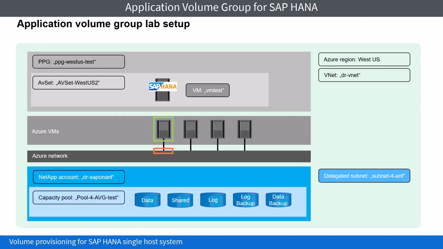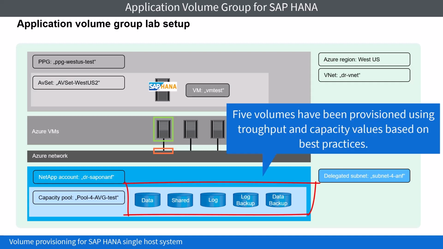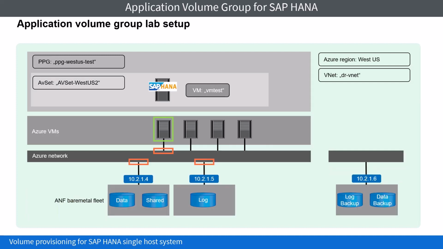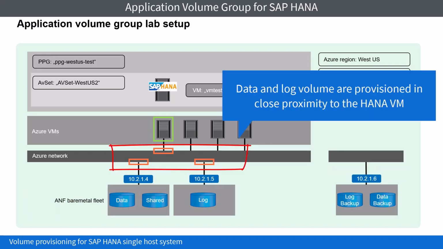Okay, let's summarize what we have seen in the demo. The application volume group workflow provisioned 5 ANF volumes for our HANA single host system, using a defined naming convention and capacity and throughput numbers based on best practices. From the infrastructure perspective, the data and the log volume have been provisioned on two different storage endpoints on an